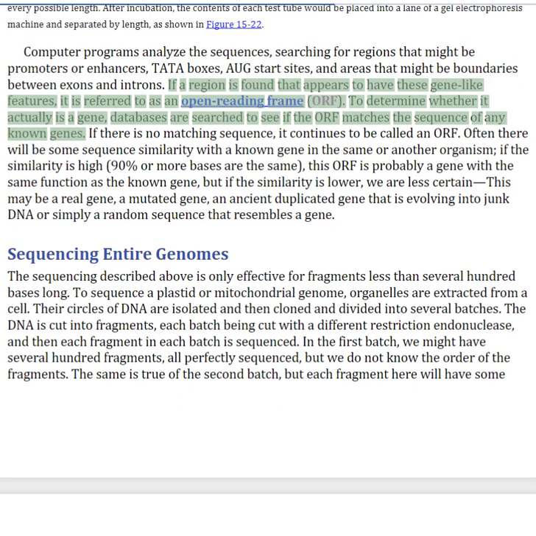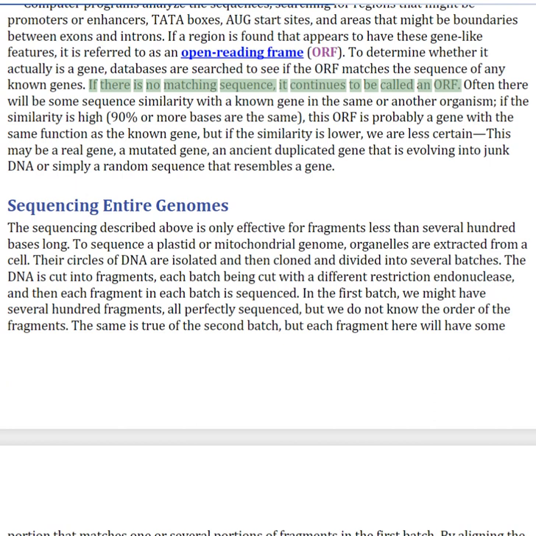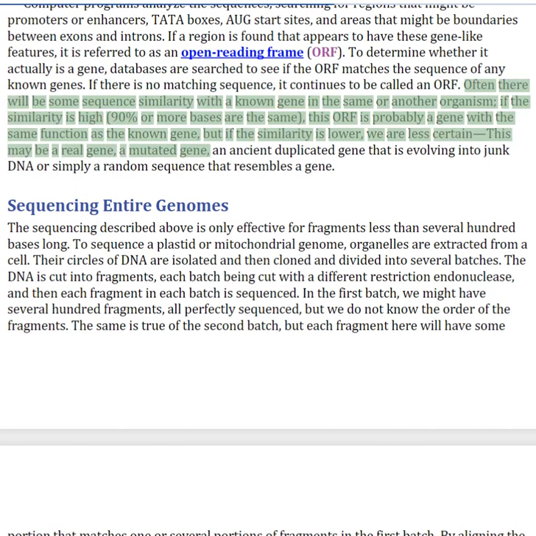If a region is found that appears to have these gene-like features, it is referred to as an open reading frame. To determine whether it actually is a gene, databases are searched to see if the ORF matches the sequence of any known genes. If there is no matching sequence, it continues to be called an ORF. Often there will be some sequence similarity with a known gene in the same or another organism. If the similarity is high, this ORF is probably a gene with the same function as the known gene, but if the similarity is lower, we are less certain. This may be a real gene, a mutated gene,